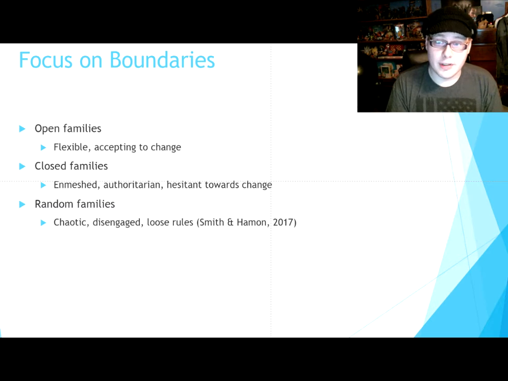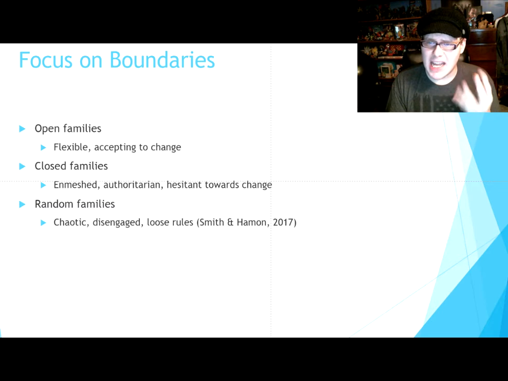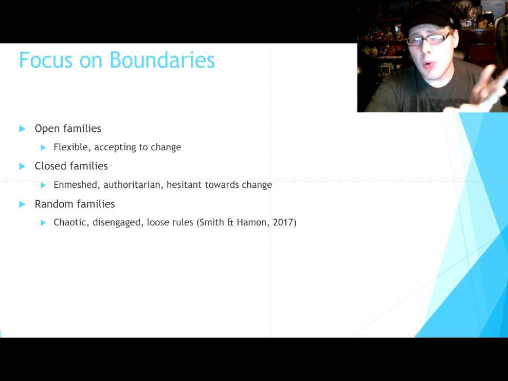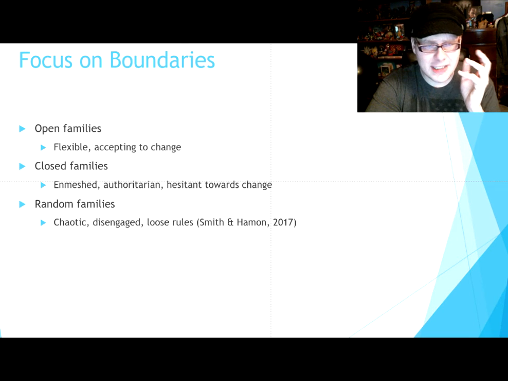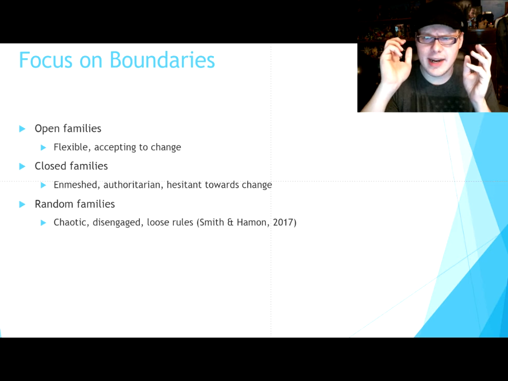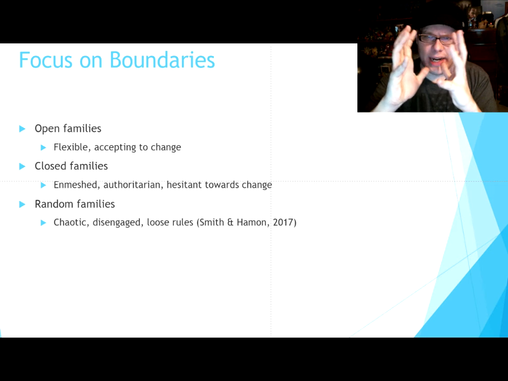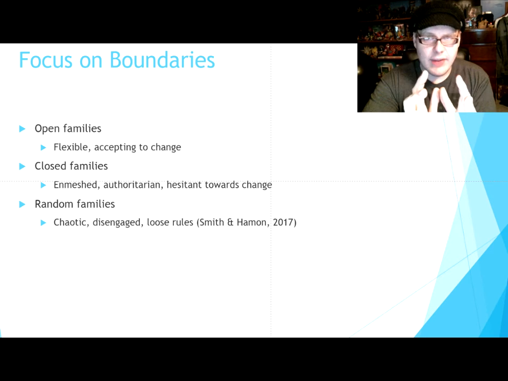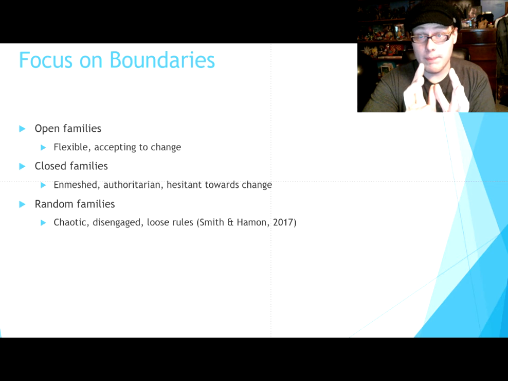Now, whenever I say authoritarian, I'm just meaning they have a sort of analogy. To propose an analogy here, somewhat similar to that of a dictatorship, where they're saying, here are the rules right here. You're not allowed to deviate from them whatsoever.